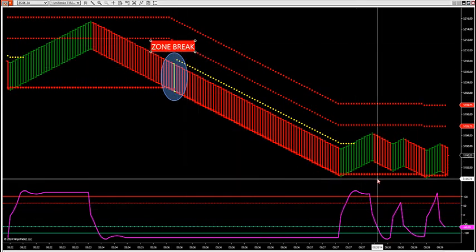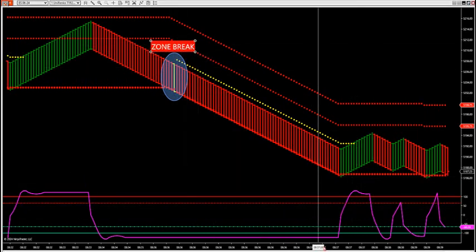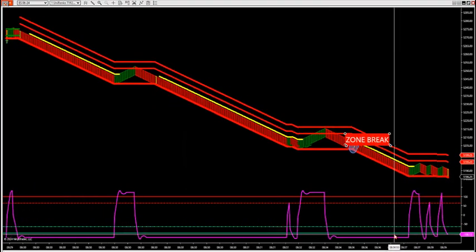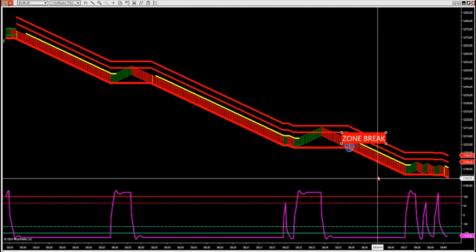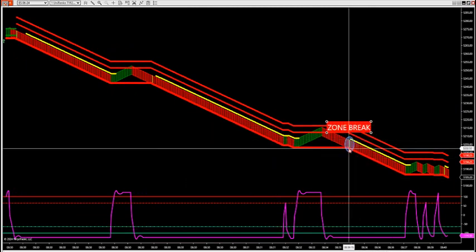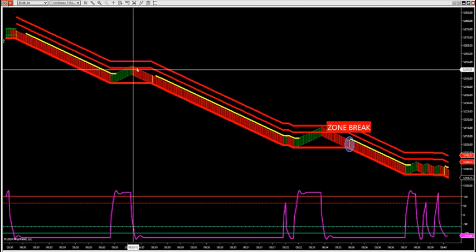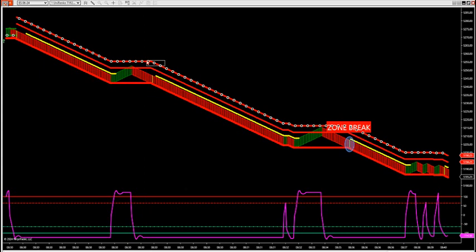There's your zone break here this morning, looking for another zone possible break. So you had two zone breaks coming out of the gate, actually 3. We had 3 back-to-back zone breaks. This one's a good one to get that you guys got on because it's after news, way after news. But you can see when you want to take these zone breaks,